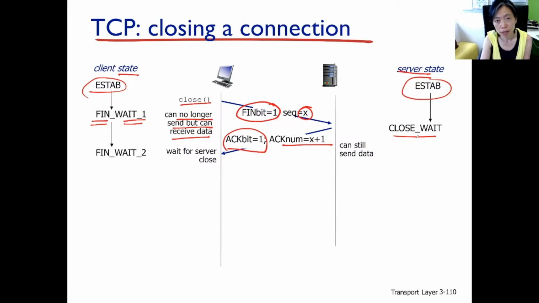So the server knows now that the client wants to close, but it's not quite yet closable, because the client sending close just means it's finishing sending its request. There could be some more data waiting to be sent here, and some more ACKs waiting to come back. So the server needs to finish all this remaining data. But the client, receiving the ACK for the FIN, is pretty much done and just waiting for the server to say everything is already sent, so you're okay.